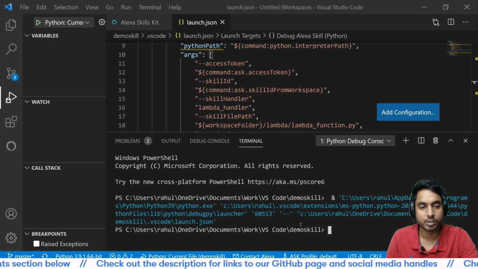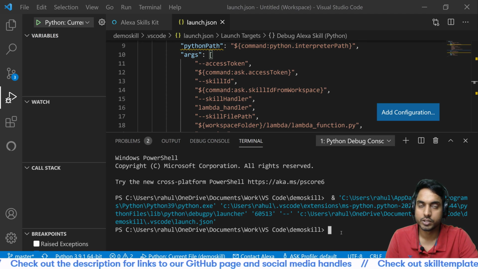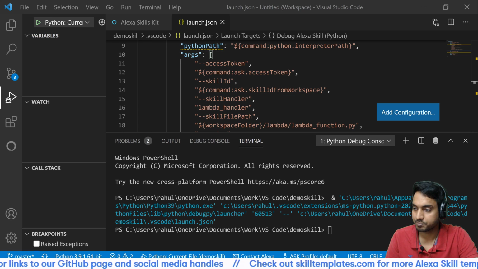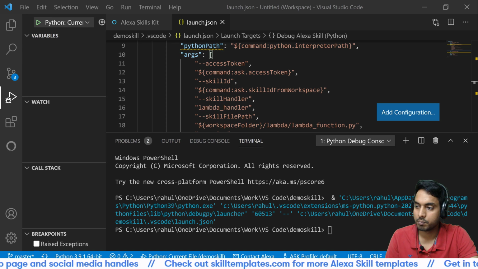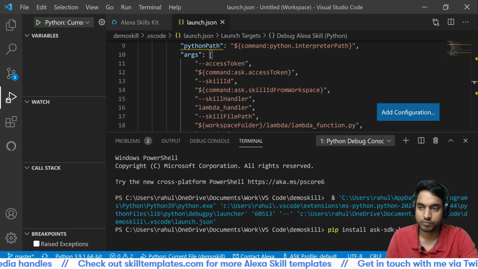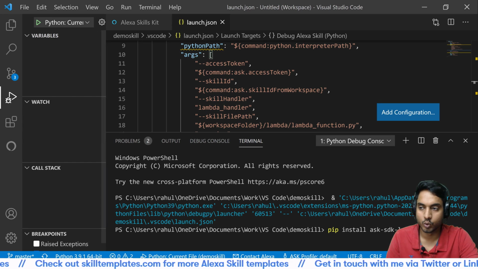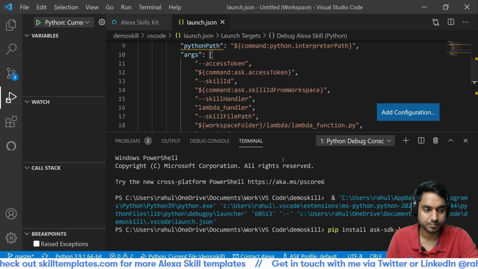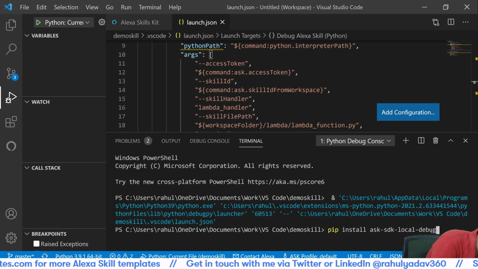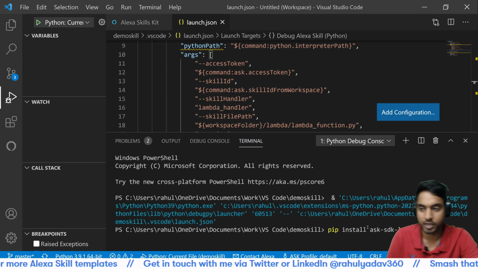Just open this terminal right here, or open command prompt or any other terminal based on the machine you're using, Windows, Mac or anything. Once you have the terminal open, copy this command, which is, if you can see right here, pip install ask-sdk-local-debug. I'll move aside for a bit, and you can see that there is this whole pip command over here.